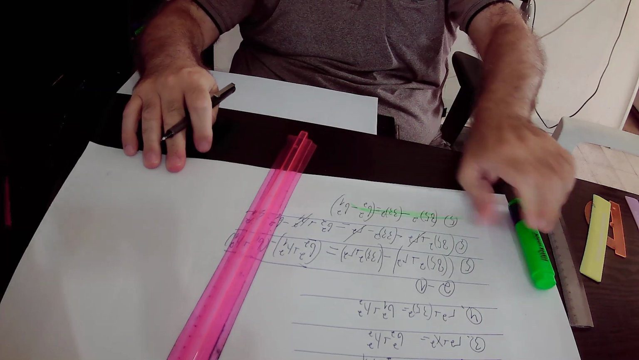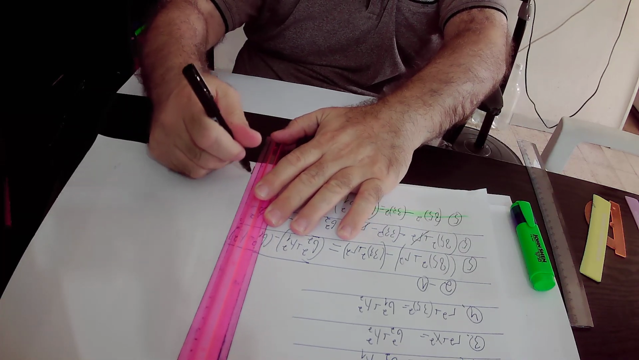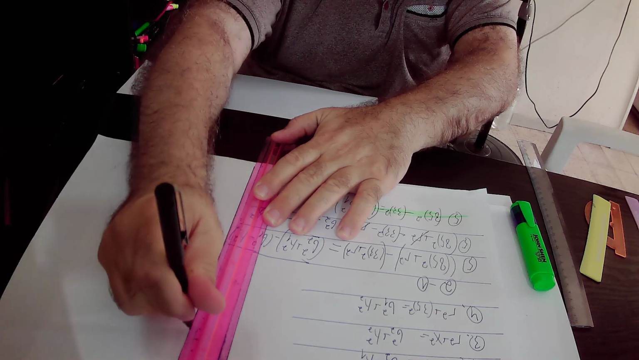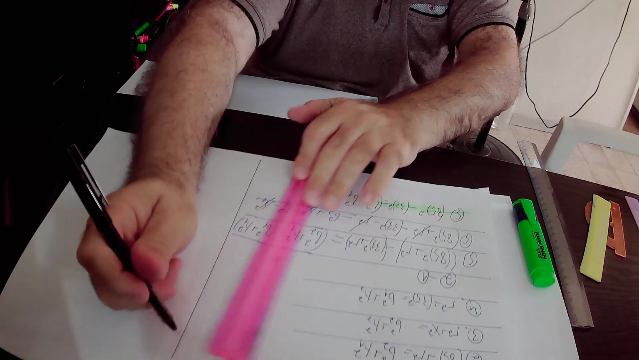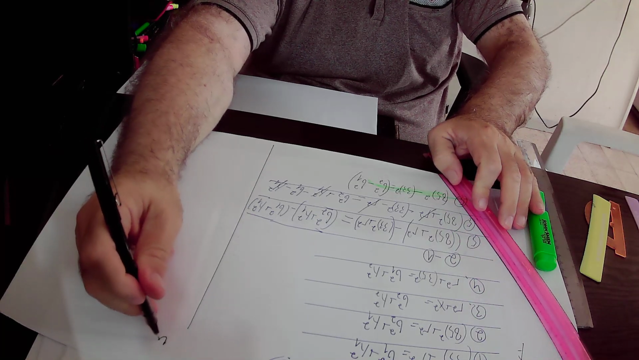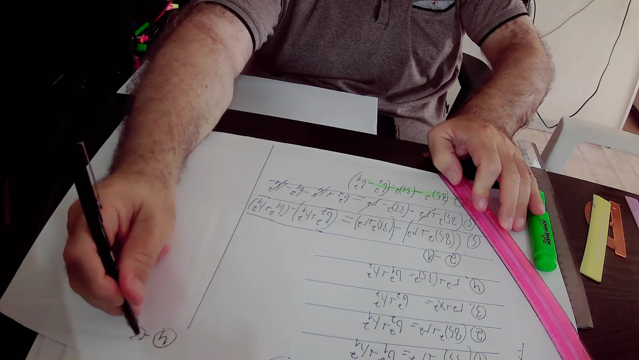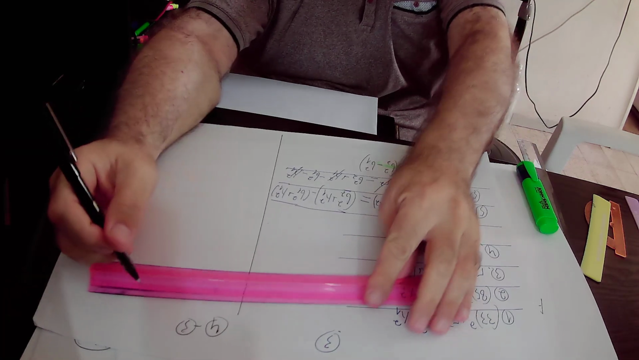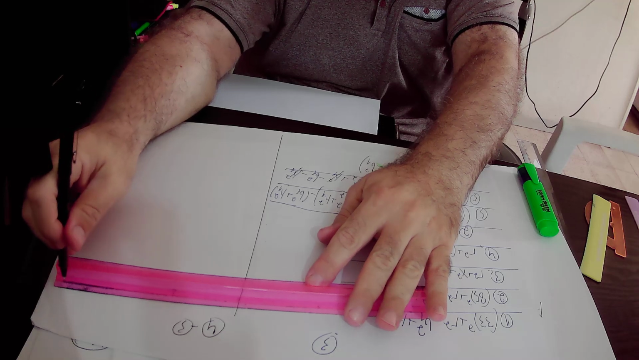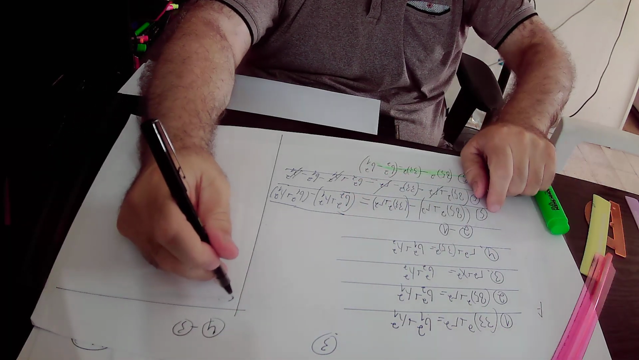In the next step, we subtract equation number 4 from equation number 3. Okay. We subtract equation number 4 from equation number 3, and in this way we create equation number 6. So according to equation number 6,